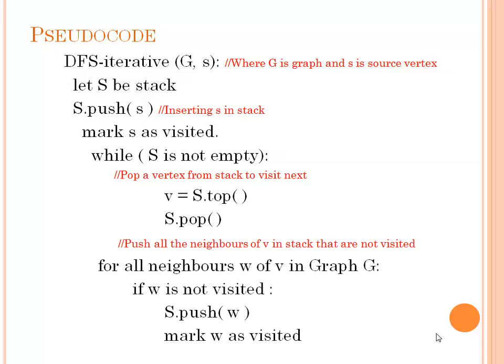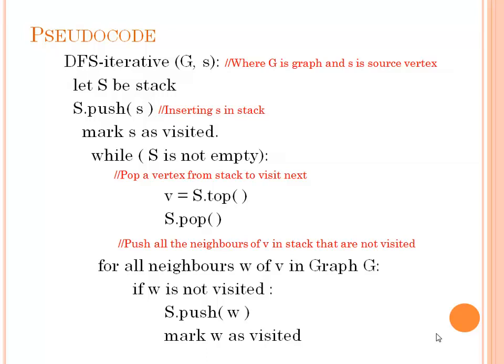Here is the pseudocode for the DFS graph traversal technique. G is a graph and S is a source vertex. Let capital S be a stack. First, push the source vertex small s into the stack S, that is S.push(s), and mark the source vertex small s as visited. While stack S is not empty,